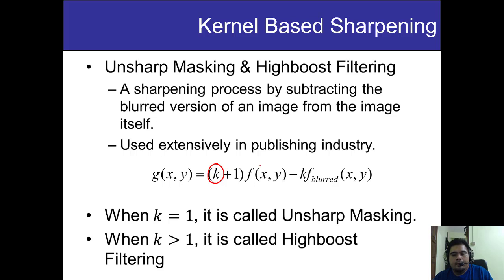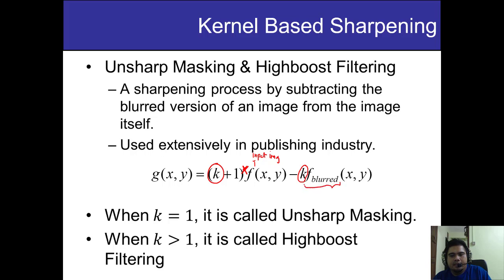You must multiply k with your input image. It's not convolution, you must multiply with the input image f here. Again, this is the input image, and again this is k, the variable that later we can vary. f blur here